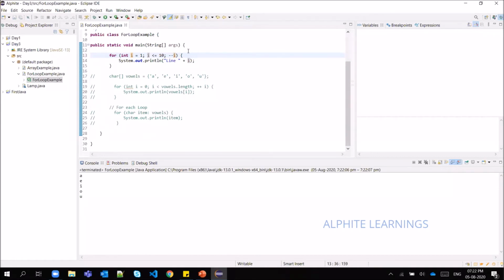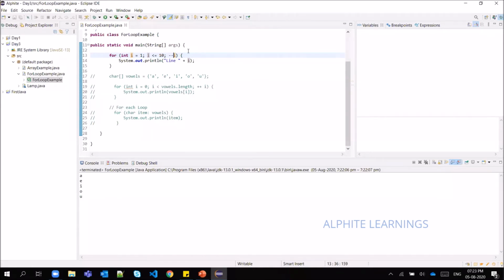Think about what will happen. Initially the i value will be 1 and we'll check the condition. Yes, it is true, 1 is less than or equal to 10. So the line inside will print it, and the decrement will be applied.